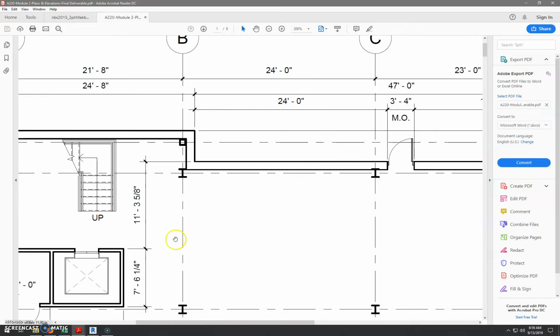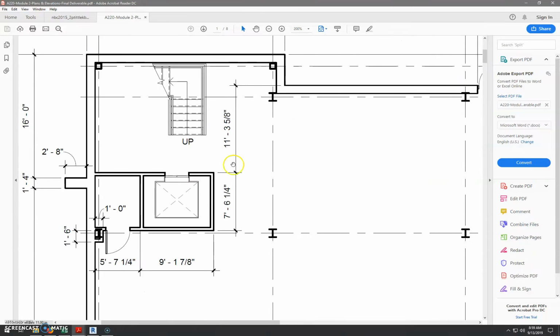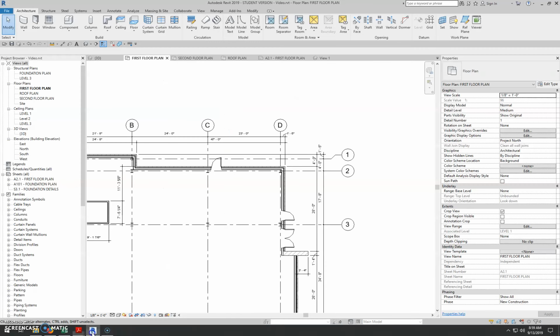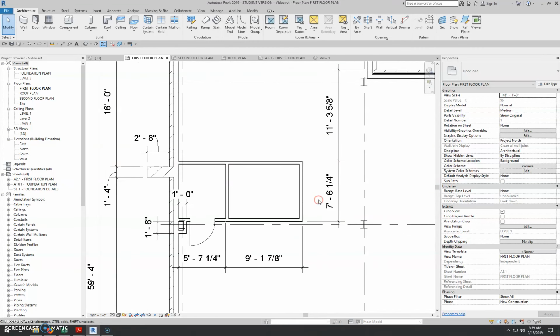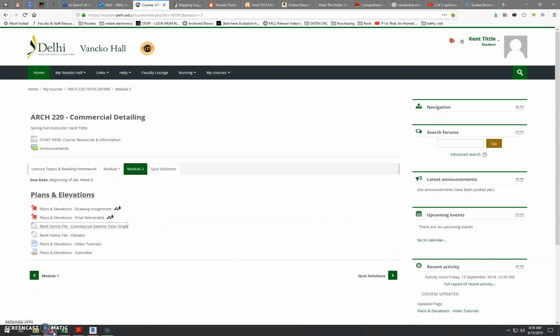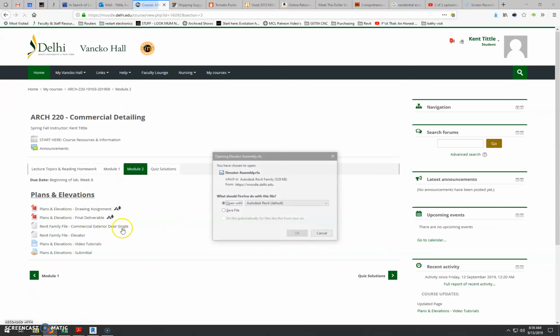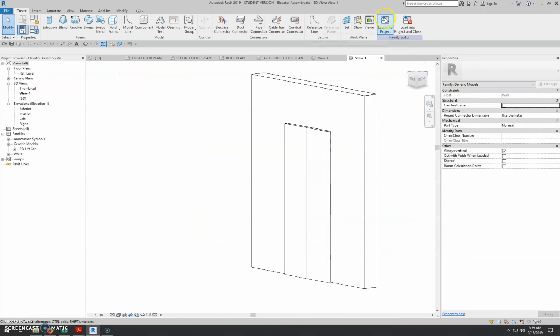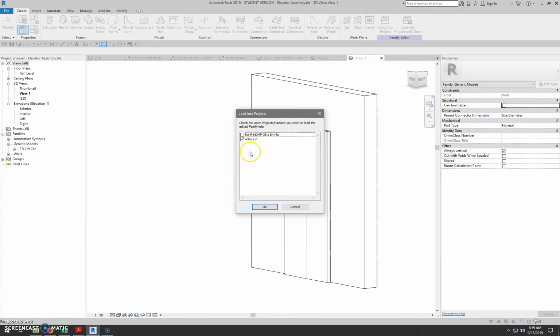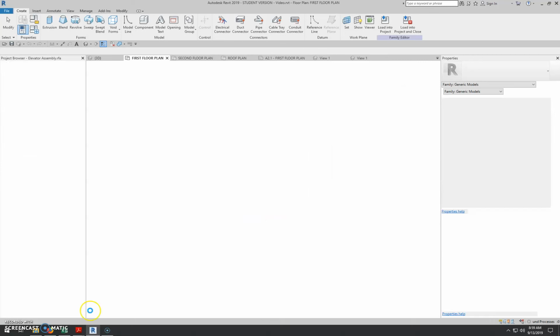And if I could move this around. So I'm going to show this, the elevator shaft. So if we come in here to our elevator, and again I'm going to go back to Vanco Hall, click on that elevator file, open with Revit, load it into our project. This will probably come up because now I have several things open, so you want to choose the file that you're working in, the project file,